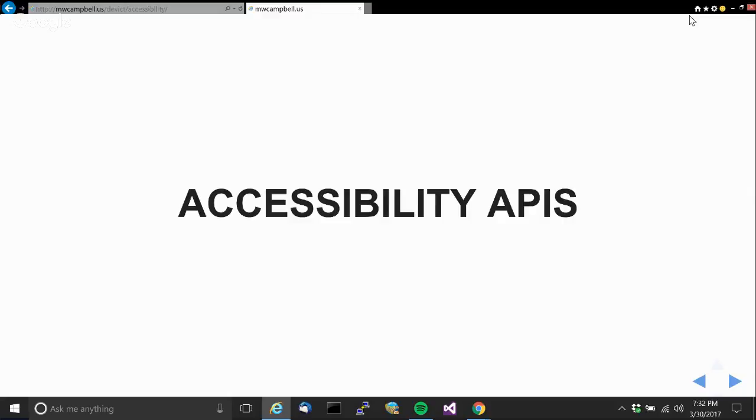Before accessibility APIs, Windows screen readers would look at the Win32 window handles and window classes and other stuff like that for native controls to figure out what they were. So Microsoft needed a way that would work regardless of how the controls were implemented.